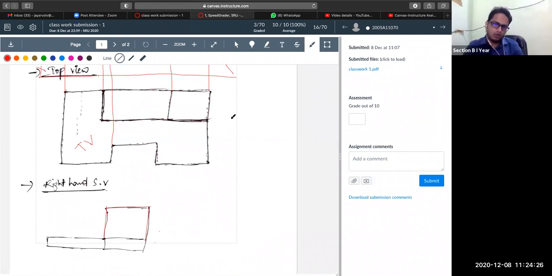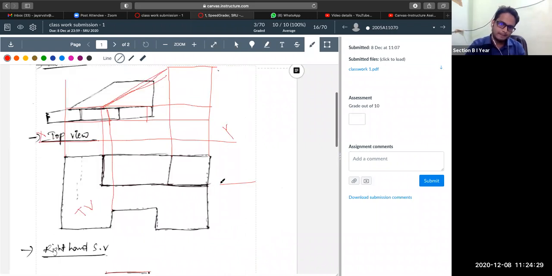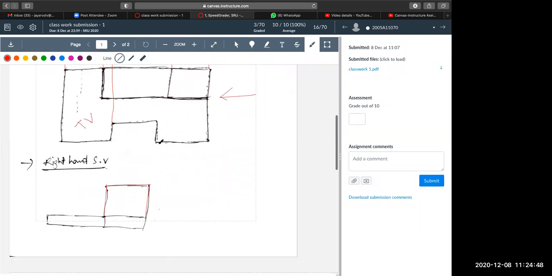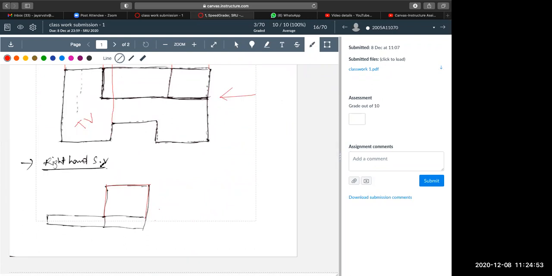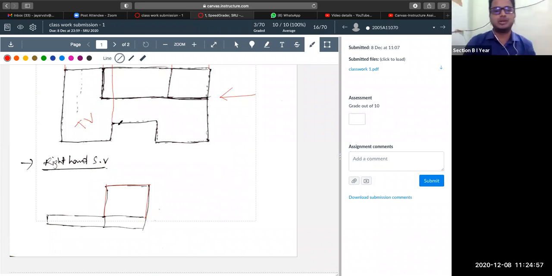Not mentioned the slope. No, slope is there. If you are looking at the object from this side, this is your slopy region. This rectangle is your slopy region. So if you are looking at it from this side, that slopy region will be hidden by this block. Not mentioned the dots. Where? Down. This line you have missed showing. Exactly, sir.